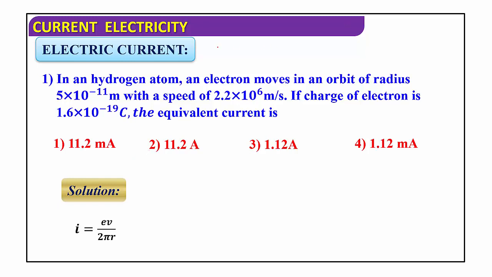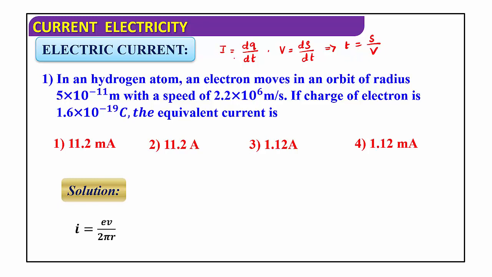We know the expression for current I equal to dq divided by dt. This is the expression, rate of change of electric charge, that gives electric current. And also we know the equation for velocity. What is velocity? Rate of change of displacement. So generally we can write ds divided by dt. Or if I want only time taken, we can write simply t equal to displacement divided by velocity. We can utilize this equation here.